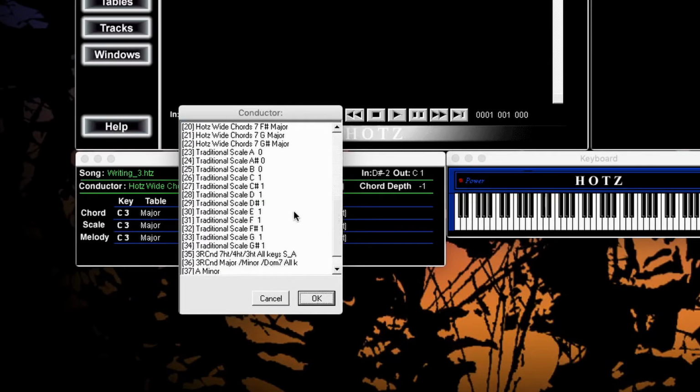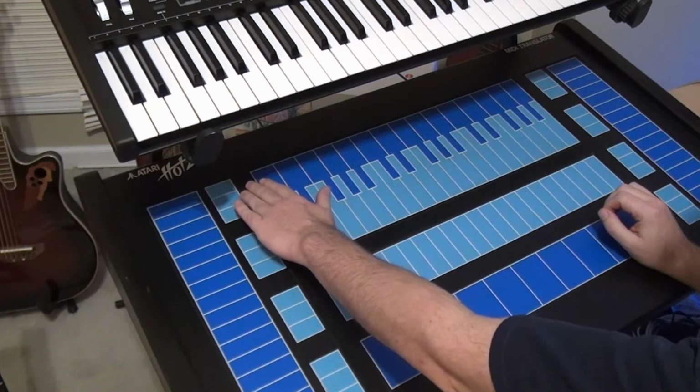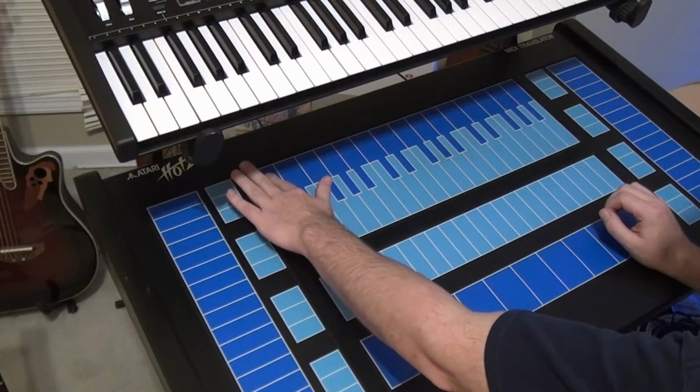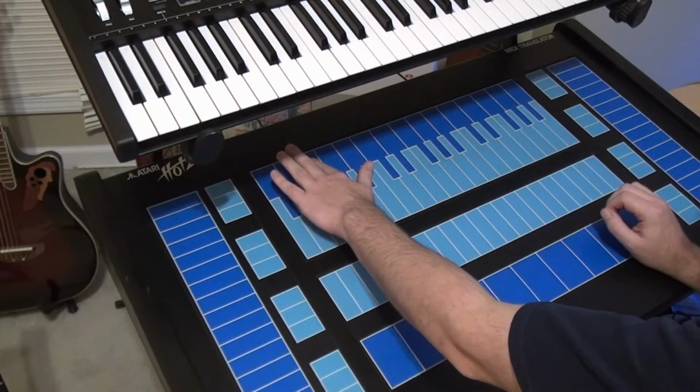I'm also going to configure the system to output all the MIDI information to a single MIDI channel, channel 1 for this example, by clicking here to funnel every row with chords, scales, and arpeggios to the selected channel. On the Hotz box, the top row here is called a conductor, which controls the layout of all the other rows. The first key will play a D-sharp major chord, with subsequent keys playing the next chord in the D-sharp